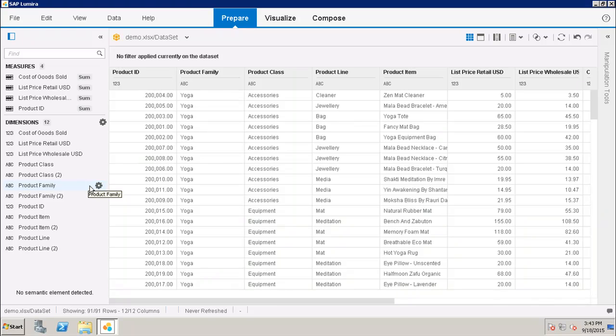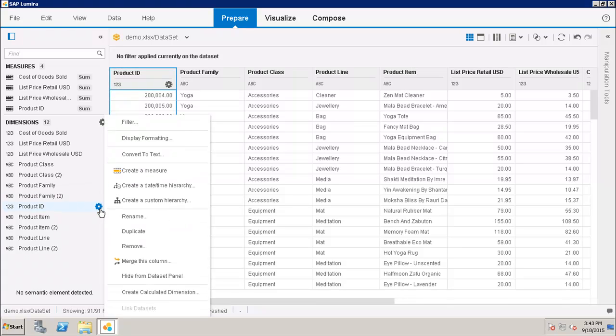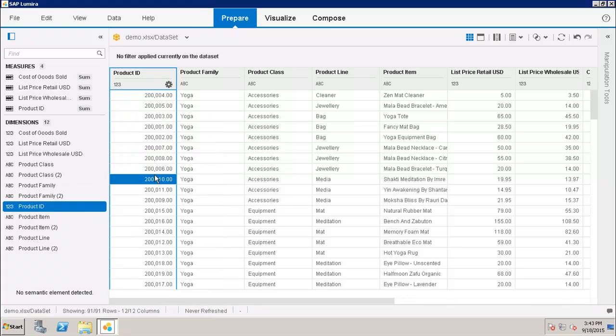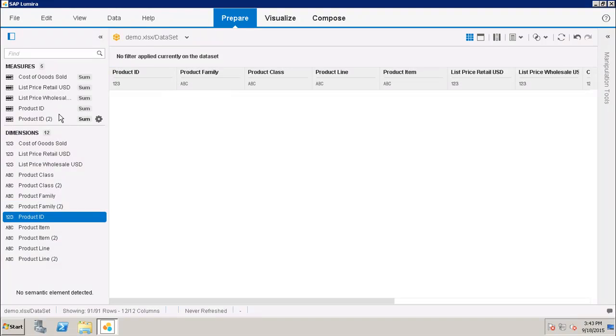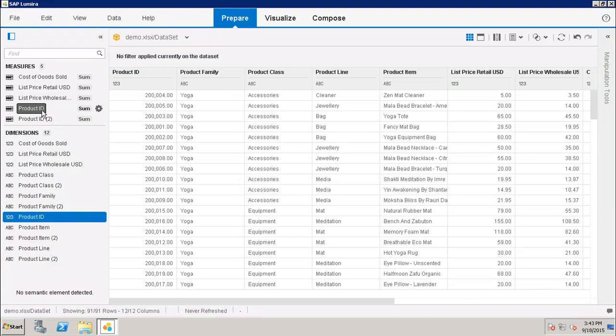Let's say if I want to convert this product ID to a measure, I will go here and I will click on create a measure. What will happen is that now I can see the product ID as a measure value in my measure as well.